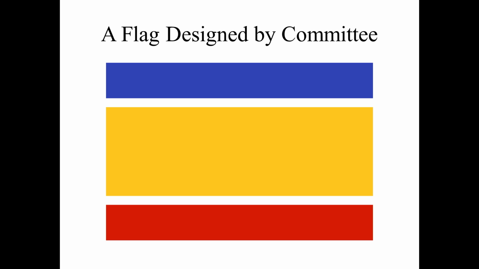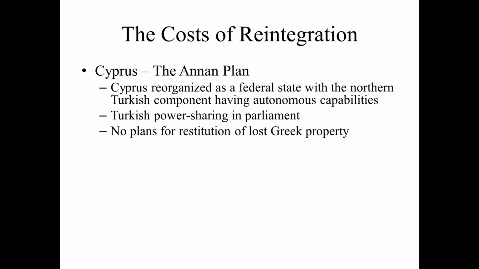It was effectively a peace plan that was doomed to fail because the host state felt that the conditions for reincorporation were just way, way too expensive. Okay? So being reorganized as a federal state by basically giving the Turks a significant degree of power, the very people that broke away were now being rewarded. This is effectively the idea that if they accepted the Annan plan, the '74 invasion was completely justified, and it gave them a lot more power than they had prior to that invasion.